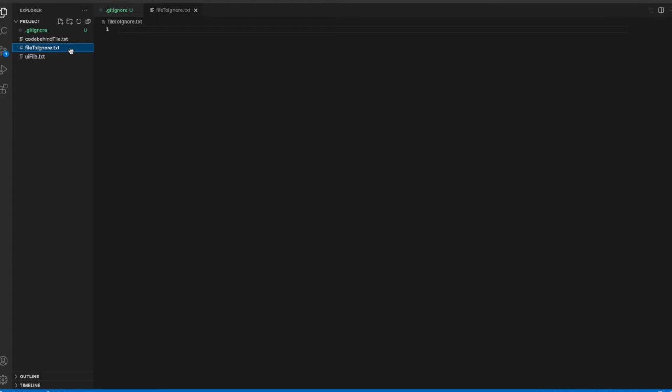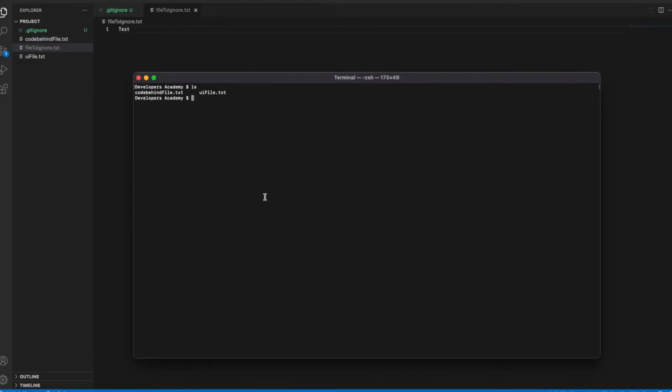Okay, now I will make some changes in this file. Let's check git status here. So you can see that we have added a new git ignore file, but the file to ignore.txt is not tracked here.